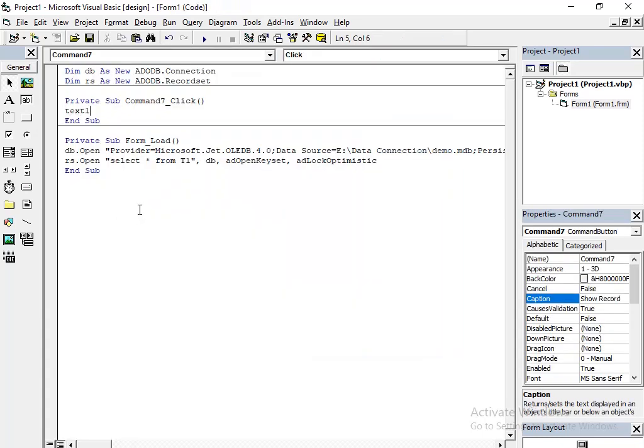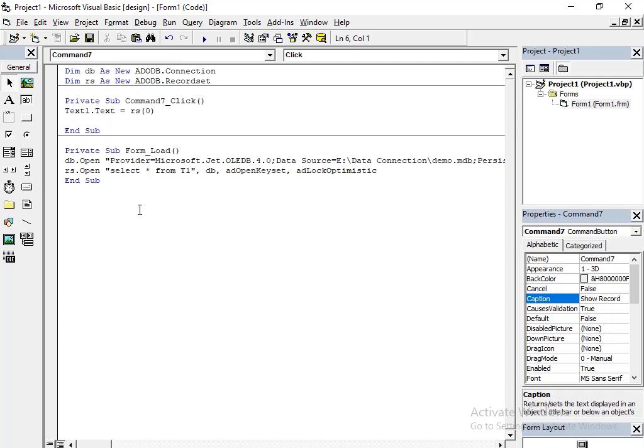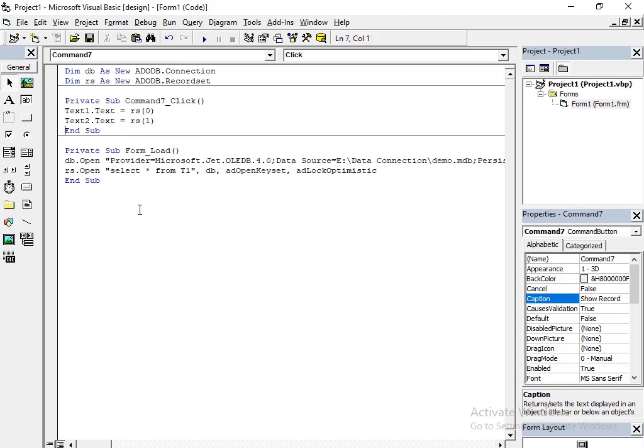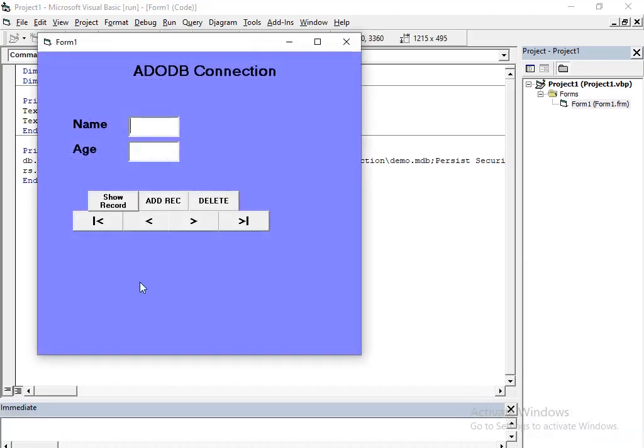So text box 1 will display the rs of 0, in the sense it will display the first column of my table, and the second text box will display the second column of my table, and I am getting my data.